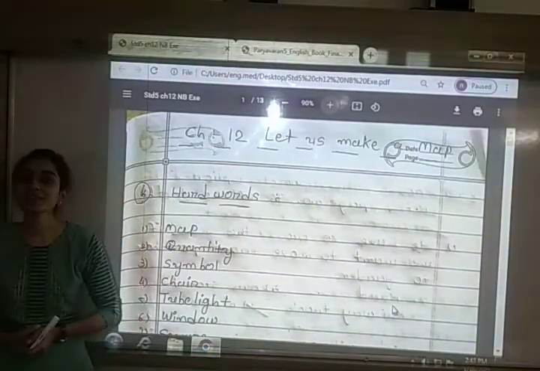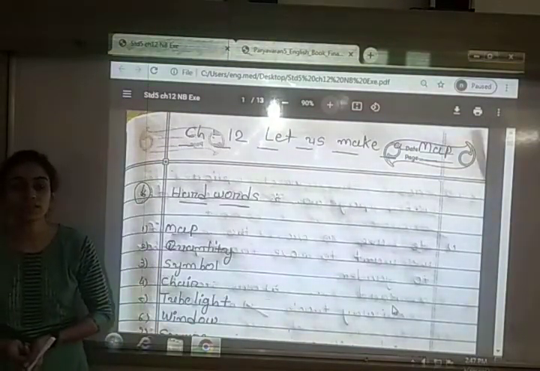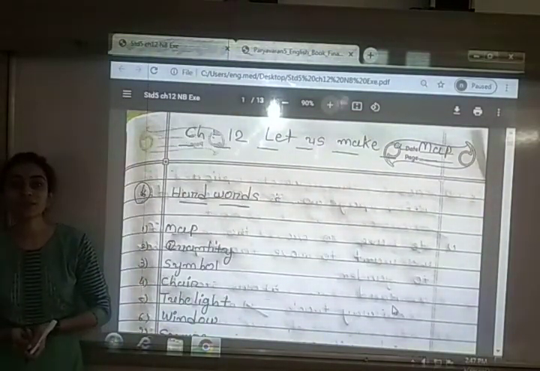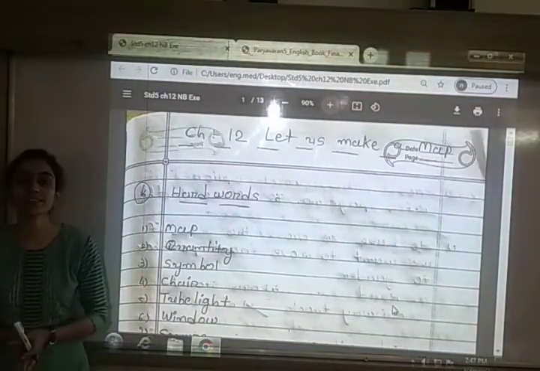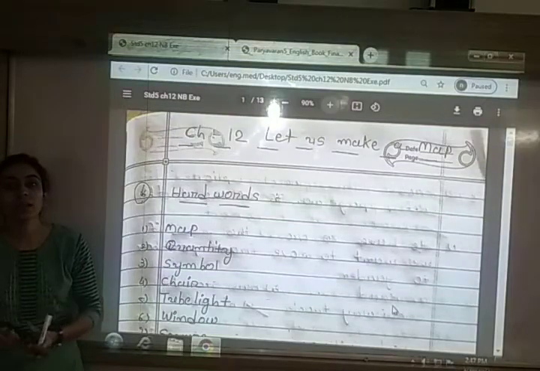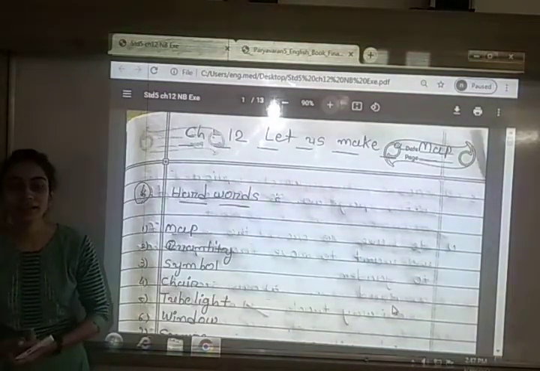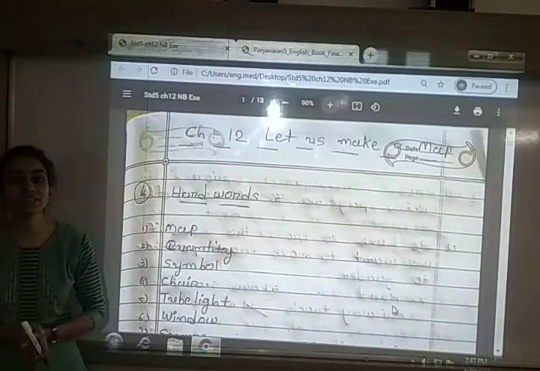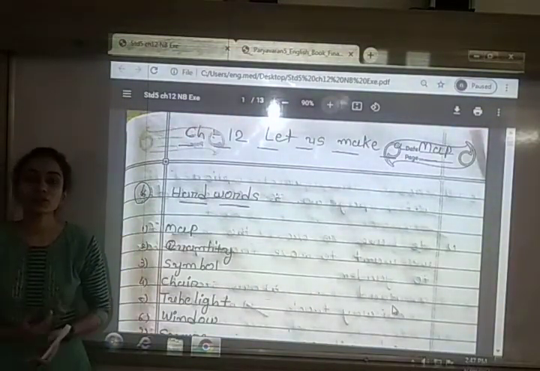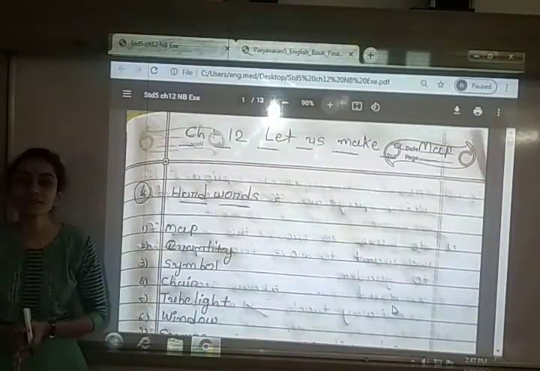Then at the end we had seen the map of one village named Ranpur village. In that map we had seen the symbols for different places like post box, hand pump, well, hospital, gram panchayat, school, etc. And we had also seen how we can read the map, and how we can get the information about different places from the map. So these are the things we had seen in this chapter.